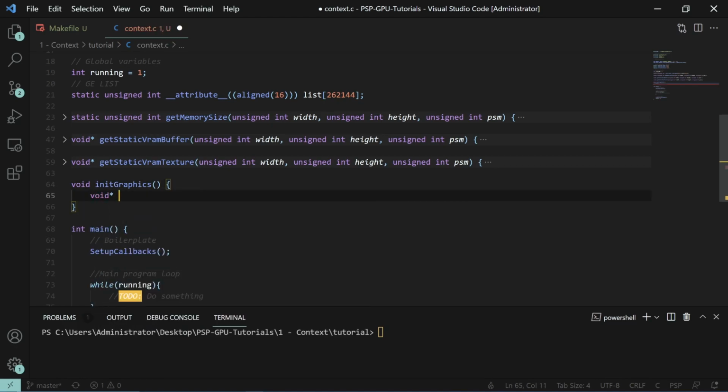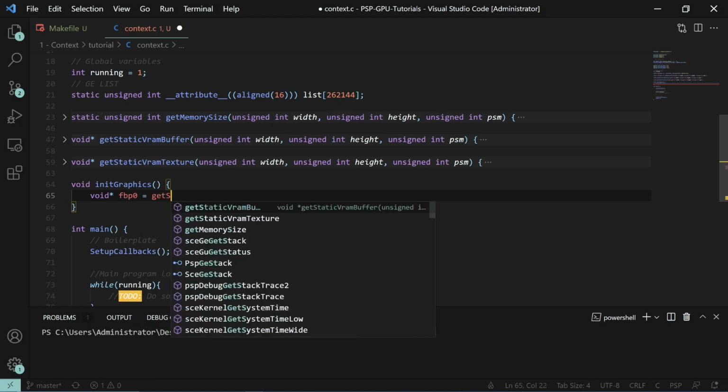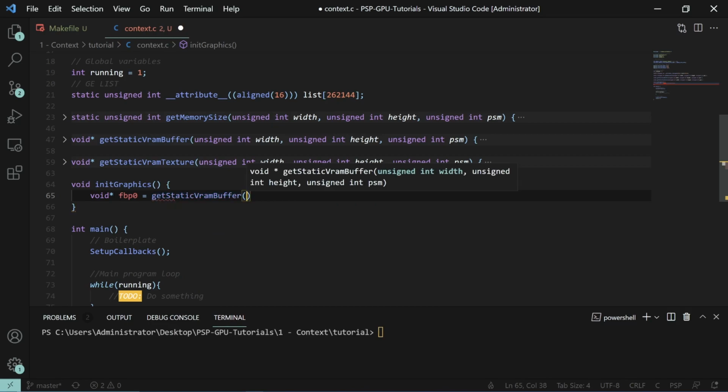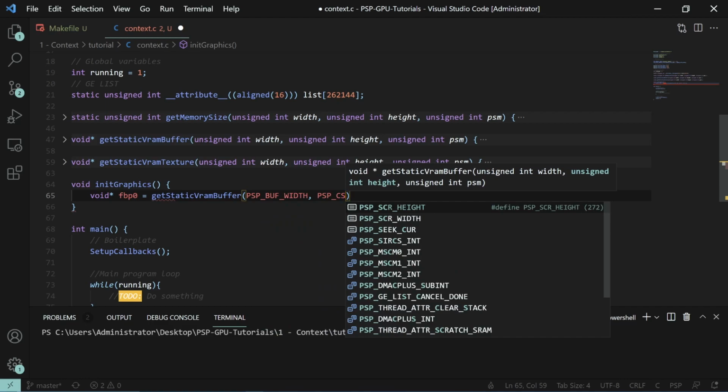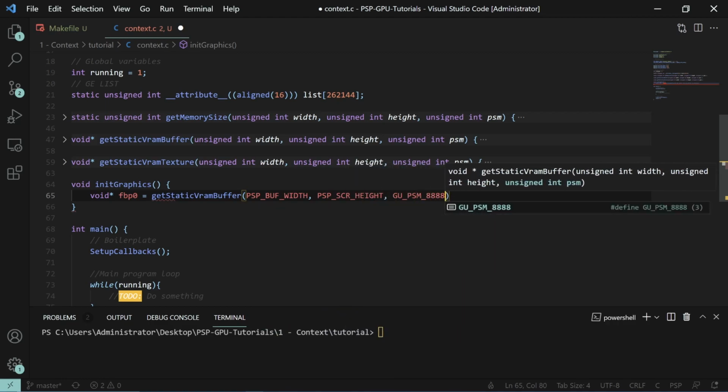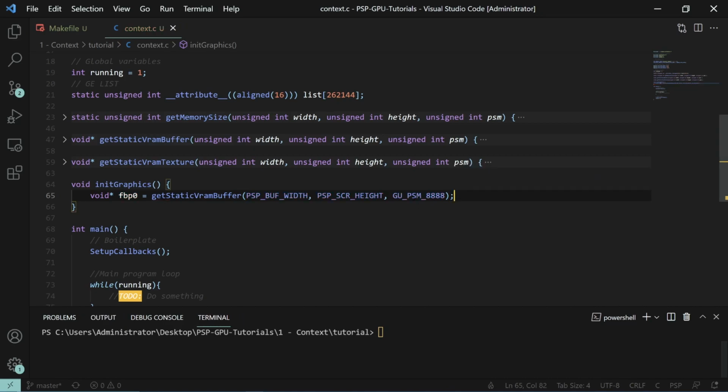So we're going to create a void pointer. This will be our frame buffer pointer 0, and we'll take a get static VRAM buffer. And this will be PSP buffer width, PSP screen height, and then PSM 8888. You can set this to different